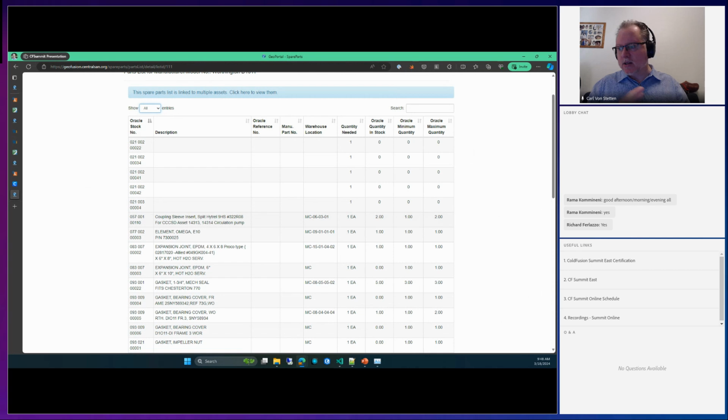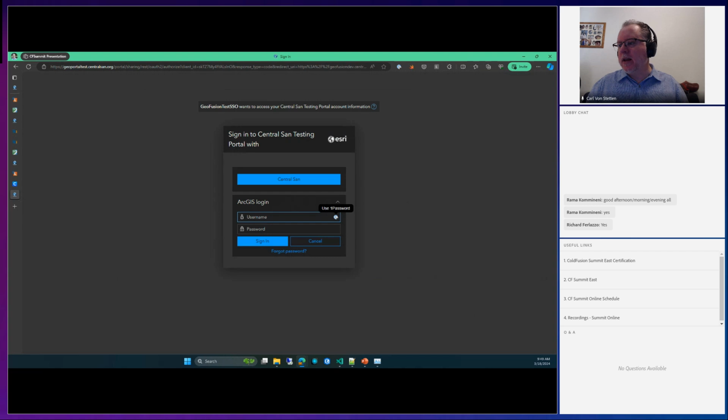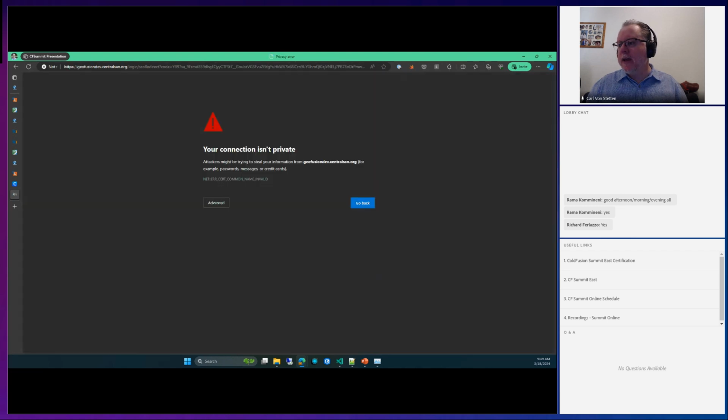Certain things like gaskets and things like that, they will wear out or deteriorate just sitting on a shelf. The material will age and it will become brittle and it will no longer be useful. So we don't want to keep a ton of those things sitting on a shelf where they're gonna get destroyed before they even get a chance to get used. And for the staff that are signed in and have permissions, they can actually,